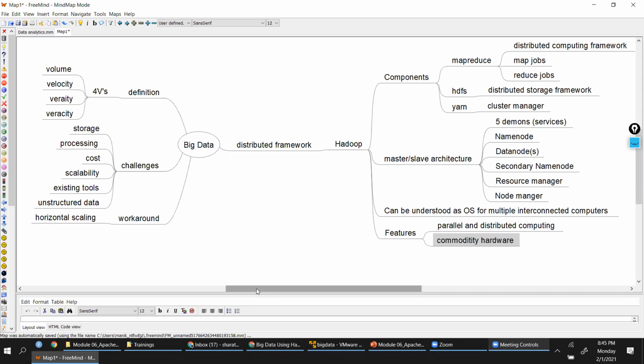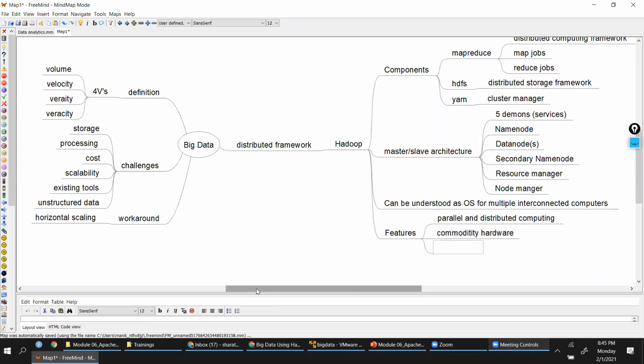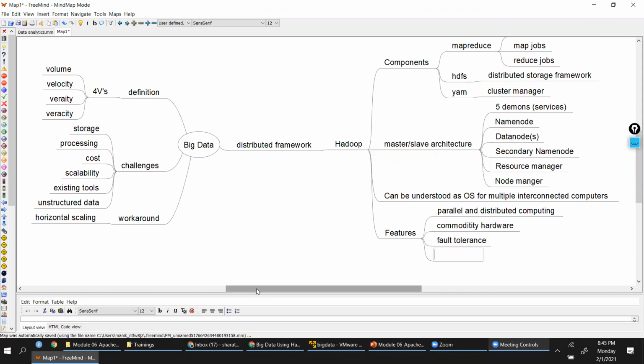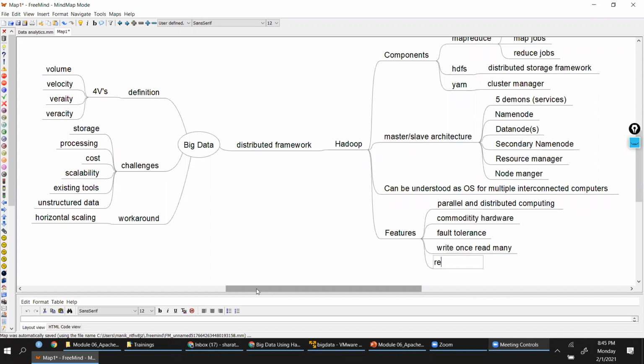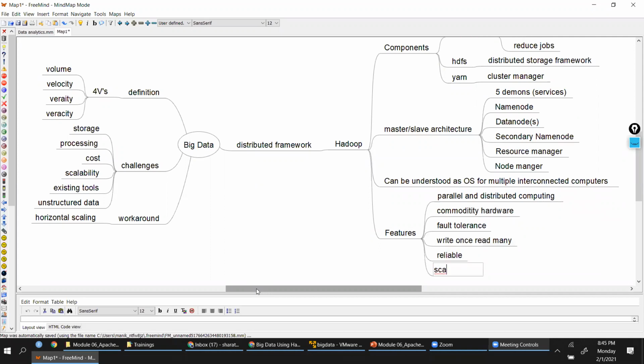That's the beauty. And it is open source and free. Right? So parallel and distributed computing, commodity hardware. It also has fault tolerance. Write once, read many. It is reliable. And the important feature, scalability. It is scalable.